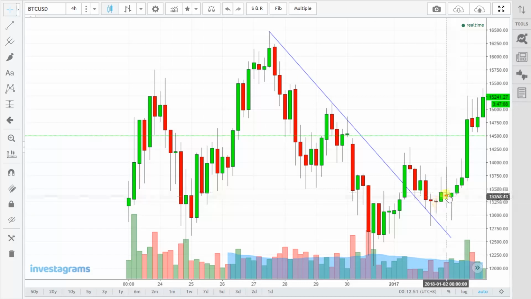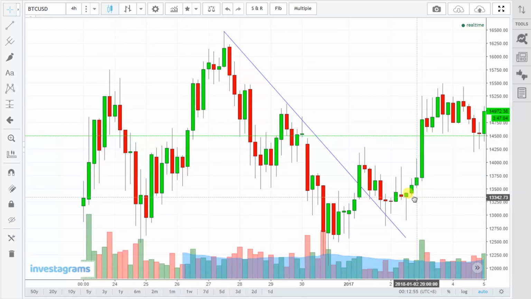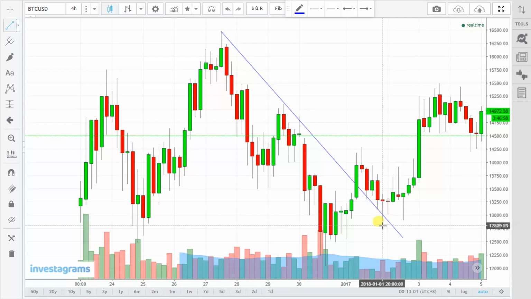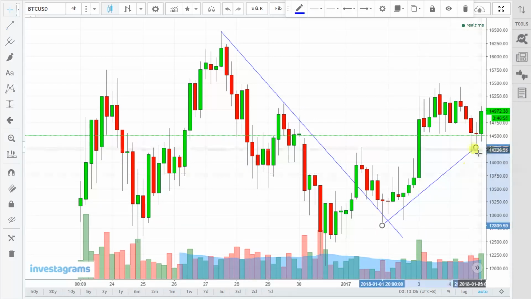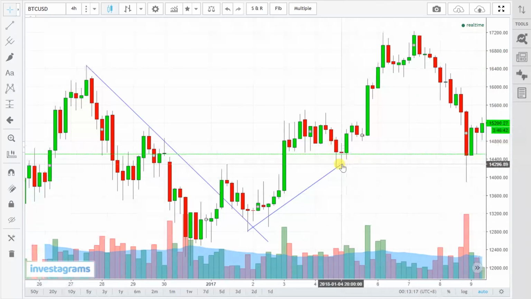Now, if we did buy at this area, we would have ridden this uptrend of the stock. How do we know if it's an uptrend? It's because we now have a higher low. Now we draw a line connecting those higher lows, and we expect the price to ride this trend. Now, it would have been best if you bought at this area, and so you would have been able to